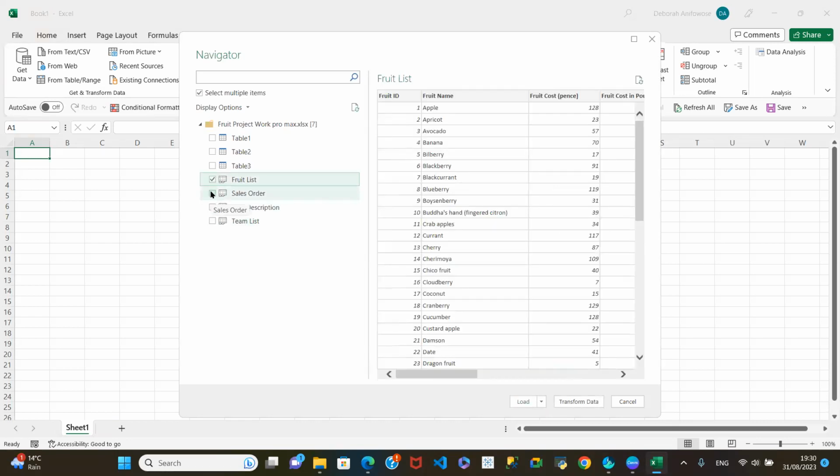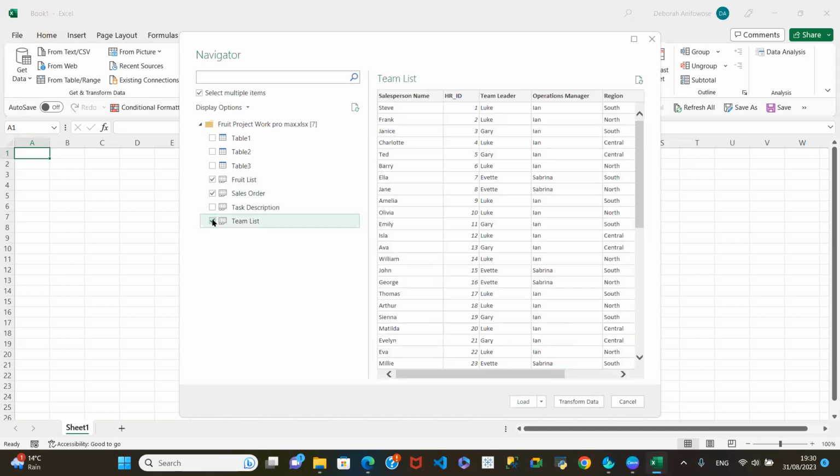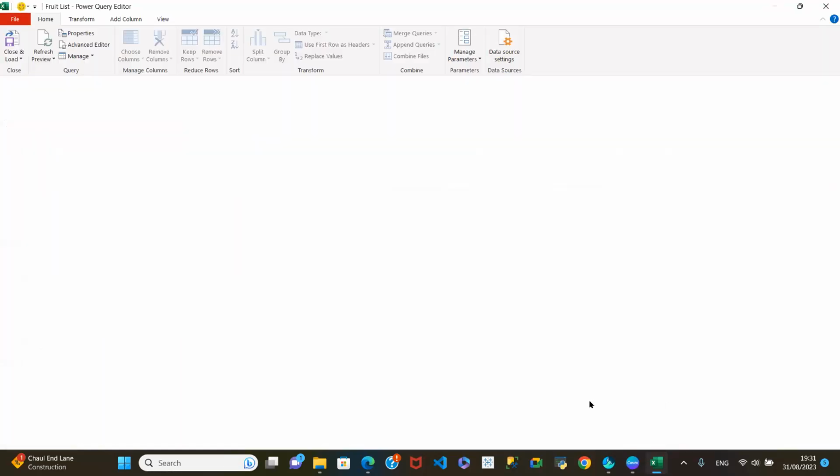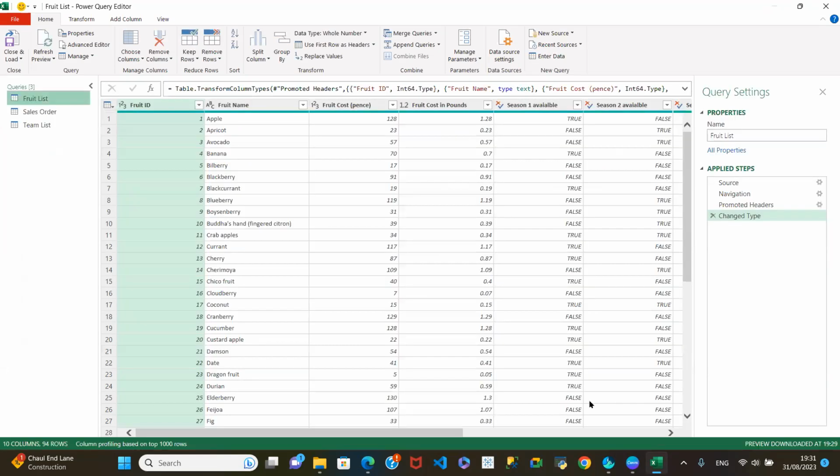Okay, so we need this, and we need this. We don't need a task description. We need those three: sales order, fruit list, and the team list. And rather than click on load, because we need to clean, if you are very sure your data set is okay, you just click on load. You can click on load or load to. Load will just load it straight away into your Excel. Load to will give you other options of how you are going to load. And then transform data. Transform data brings us into the Power Query editor, where we can do some work on